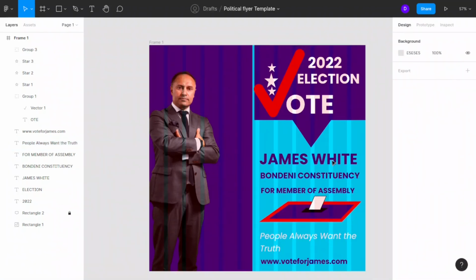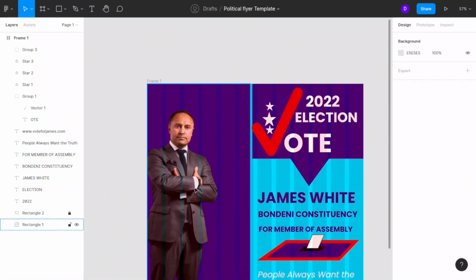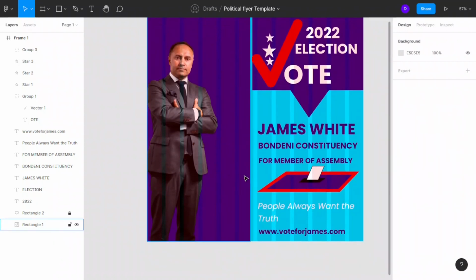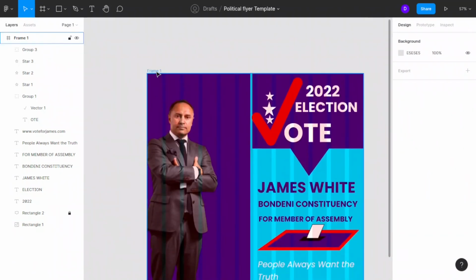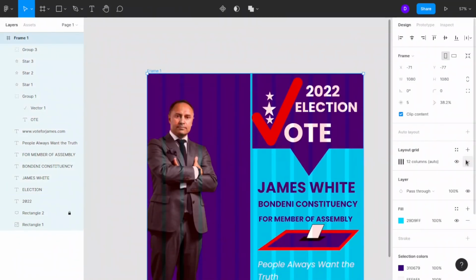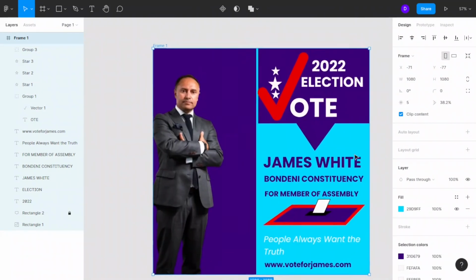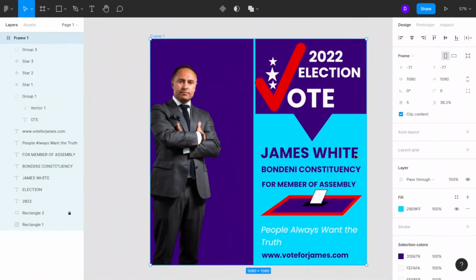What else? I think this is okay. We can remove the grid. Everything looks okay. So I just wanted to take you through designing a political flyer,